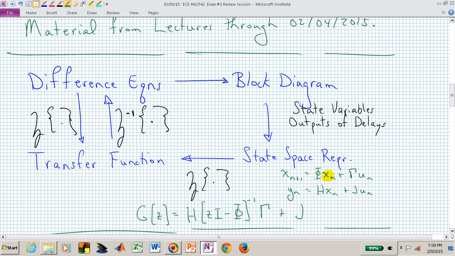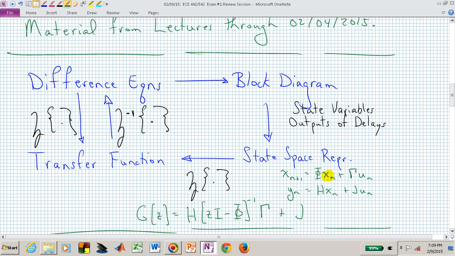So I have only indicated one direction on some of those progressions from corner to corner, because that's the way that we've talked about progressing from a block diagram to state space. We really haven't talked about state space to a block diagram, but I would say you should be able to very quickly do that. I've drawn these arrows in the direction that we've done in this class so far. But you should be able to very easily go vertically up from state space to the block diagram,